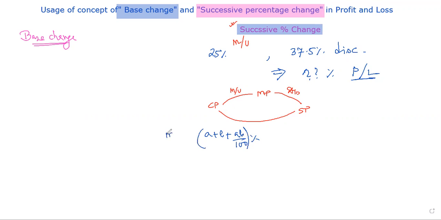It is a particular method where we directly use the formula, but using that, what should my calculation be? It should be 25 plus, but discount means minus 37.5, then minus 25 into 37.5, and this is divided by 100. It should be my answer, but the answer definitely does not look good.